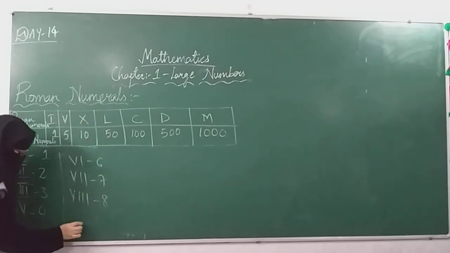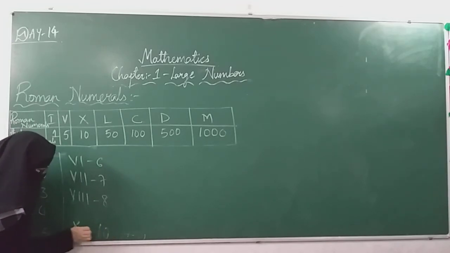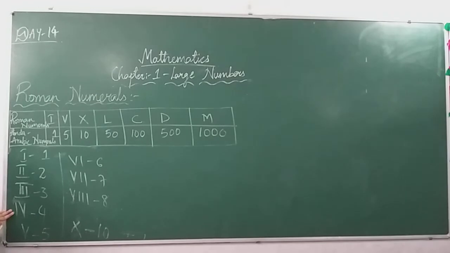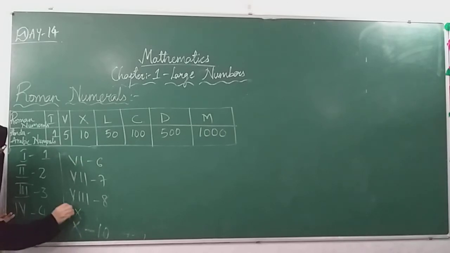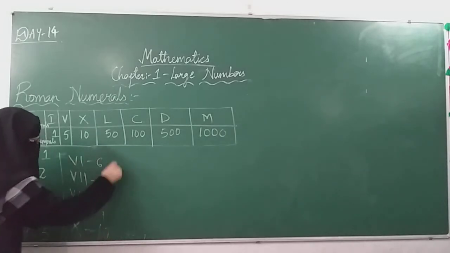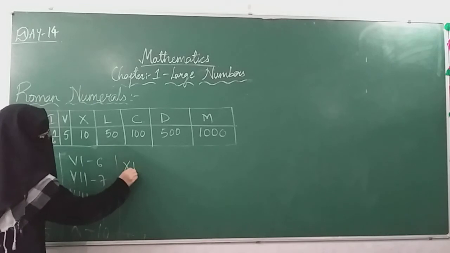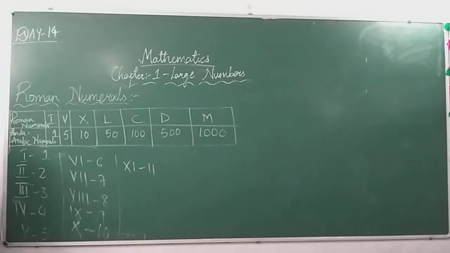X stands for 10, right? So I'm using X for 10. To write 9, tell me, just now we have used one technique here. This is a rule. For writing 4, we used 5. Before 5, we are putting 1, that is a 4. After 5, we are putting 1, that is a 6. Before 10, I am writing 1. That is a 9. Good. After 10, I am writing 1, that is a 11. Okay. I hope you all understood this one.